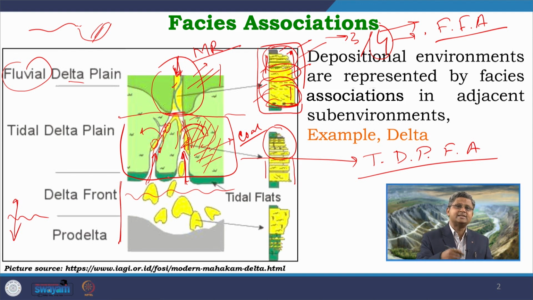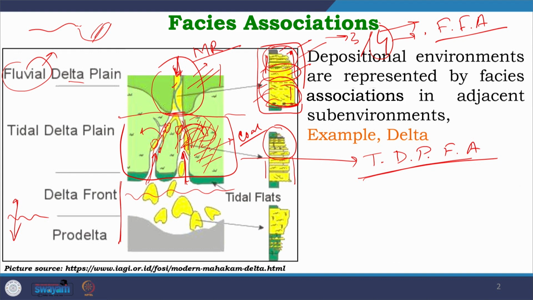Now when I am getting this tidal influence, I can understand that the upper one, this fluvial one, may be part of the fluvial delta plane part because these are all connected. So within this tidal delta plane facies association, I am getting, for example, 3 or 4 or maybe 5 different facies types. Maybe one within the channel, one along these bars, one along the levee part, one along the overbank flooding area close to the channel, one in the overbank area in the distal part of the channel, and each of them having different conditions in terms of energy, in terms of flow. So their resultant products are different, the resultant facies are different.